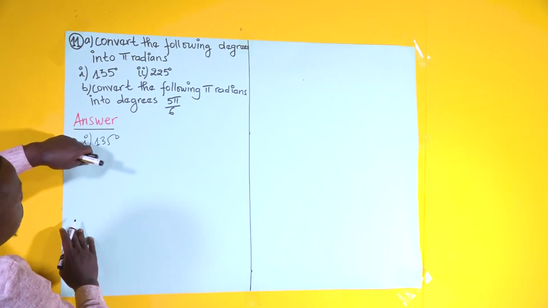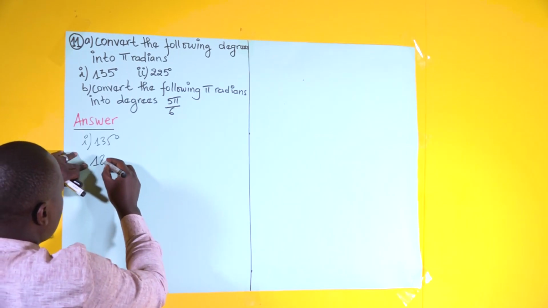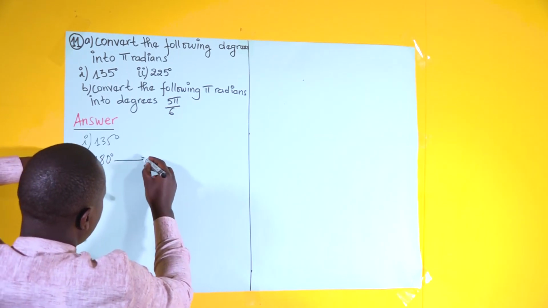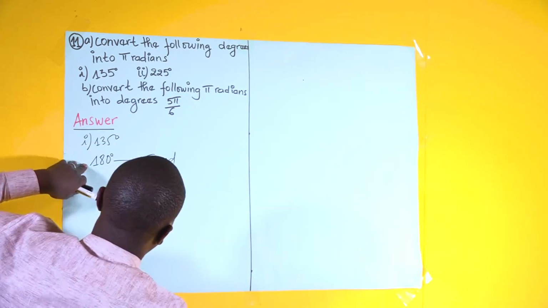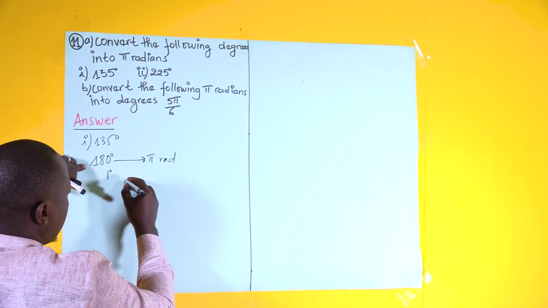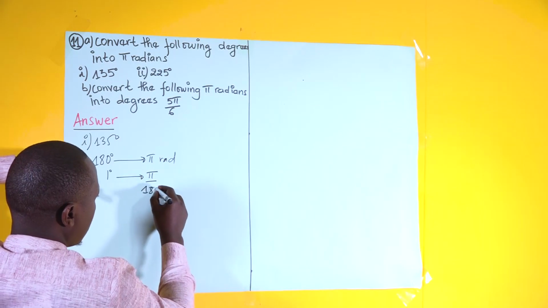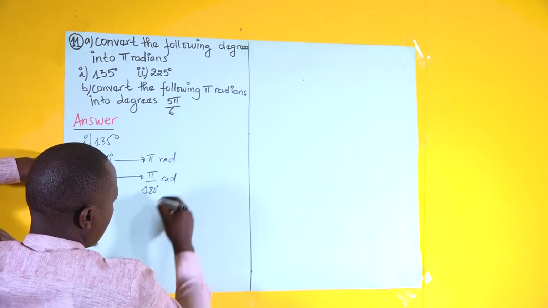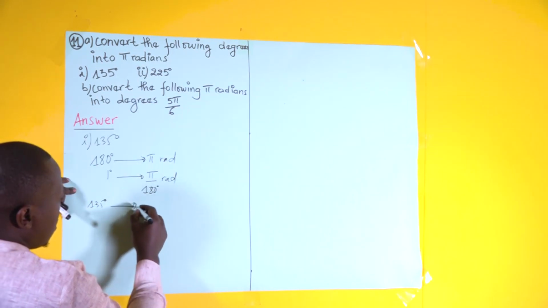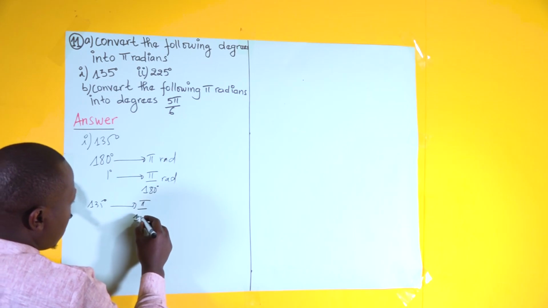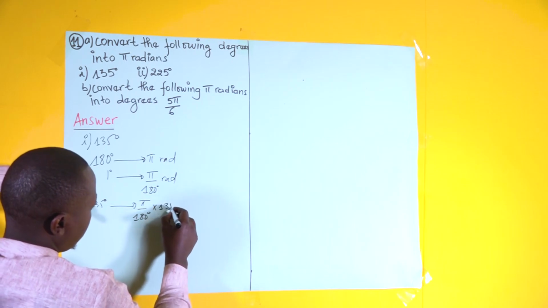So what is the relationship between degrees and pi radians? It is that 180 degrees corresponds to pi in radians, right? Then how about 1 degree? 1 degree is going to be pi over 180 radians. Then, if you have 135, this will give us pi over 180 times 135 degrees